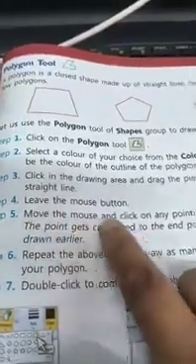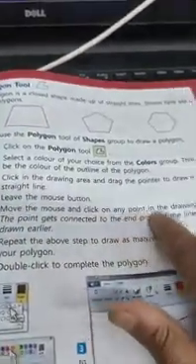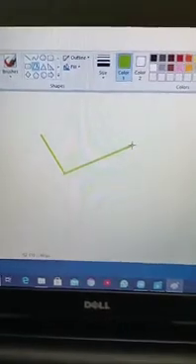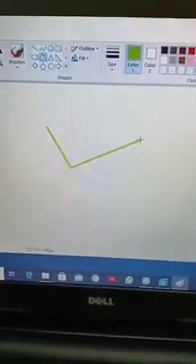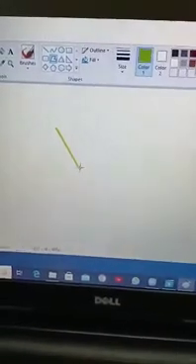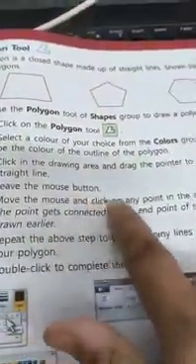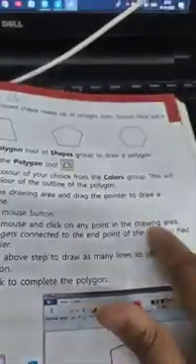Move the mouse and click on any point in the drawing area. Now you see, I move the mouse and click on any point. See, I clicked here and another line has come up. I did not do anything else.